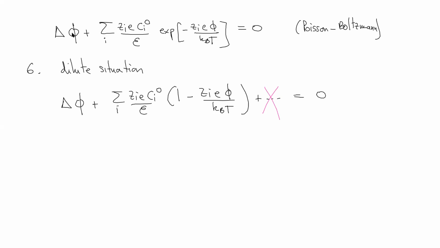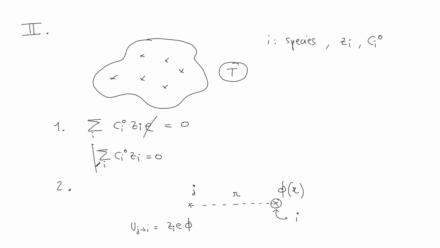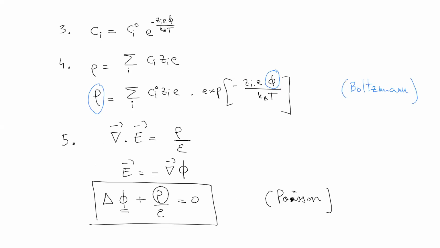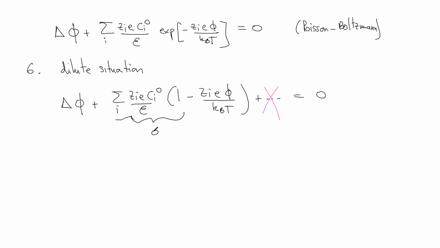I can simplify that further. Here you recognize the sum over i of z_i c_i naught. And so this is, if you remember, the electron neutrality constraint. So the first part here will be 0. So I'm left with delta phi is equal to sum over i